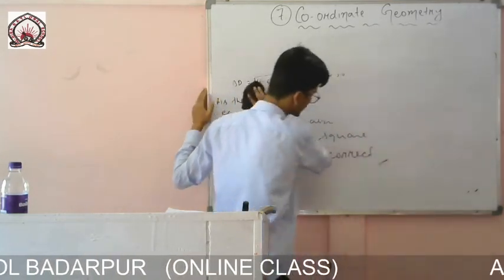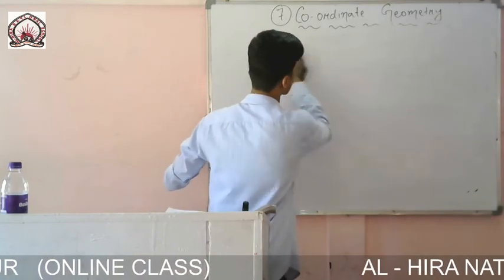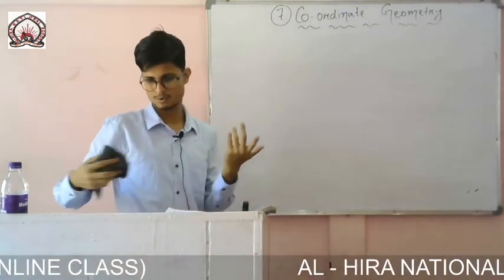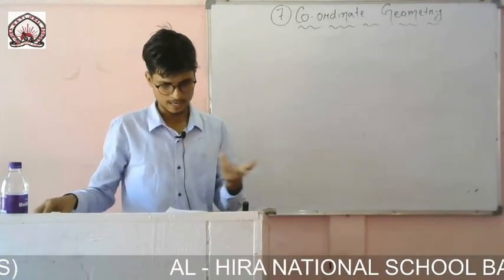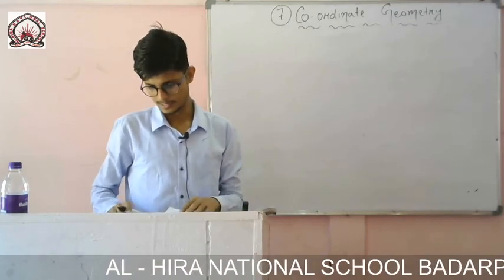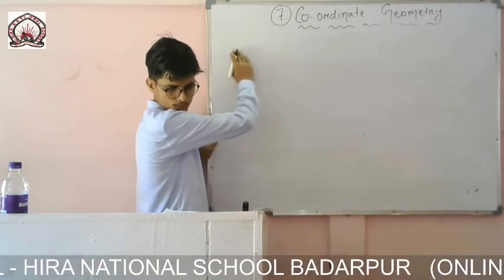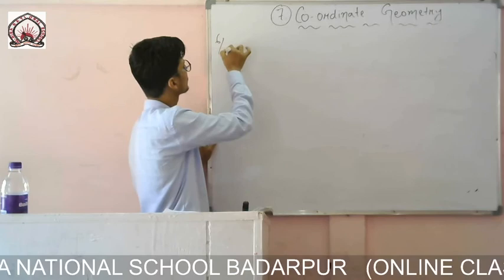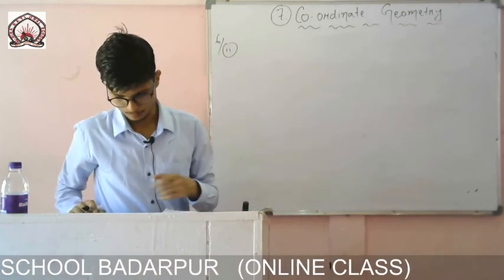So next I am doing Roman 2 and Roman 3. Roman 1 is the same as this one. You will find that the 4 sides are equal and the diagonals are also equal, then you can directly write that yes, it is a square. So Roman number 2, you see question number 6, Roman number 2.